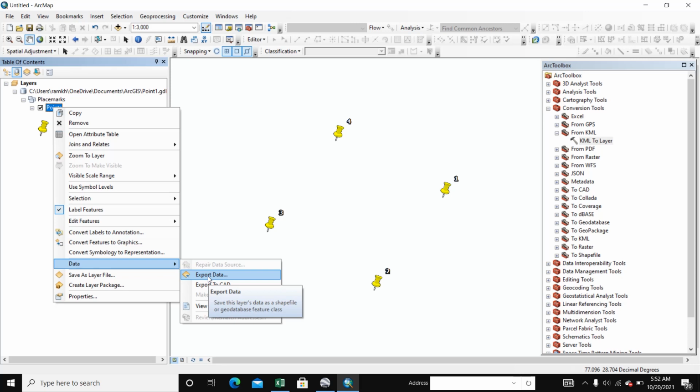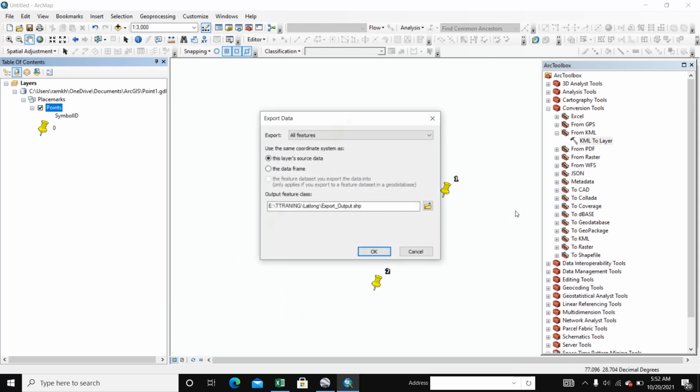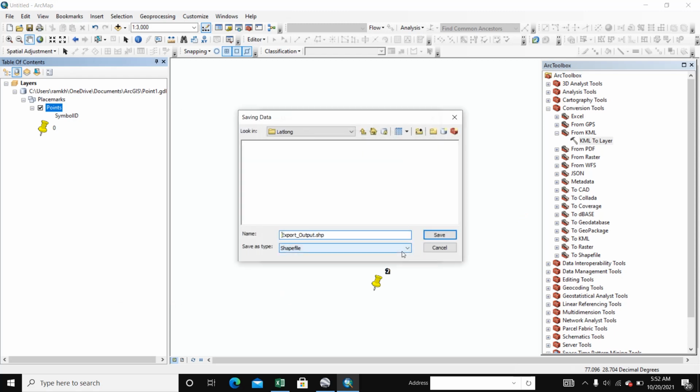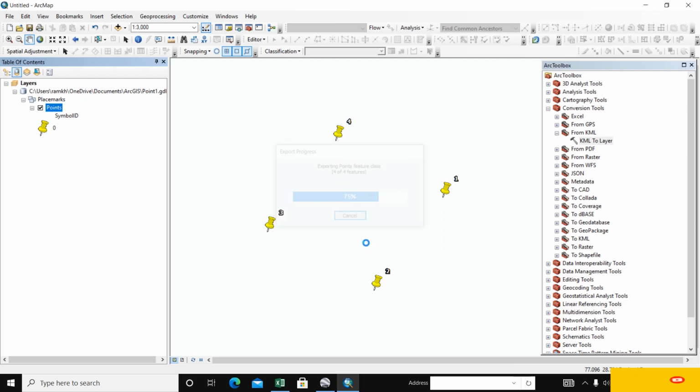Data, right click, go to Data, Export Data. Write the name here, save and OK.